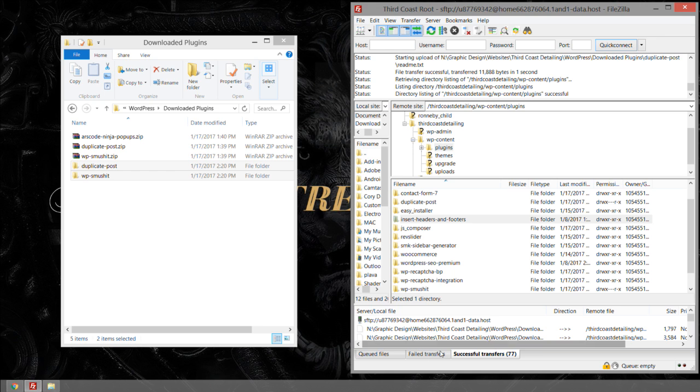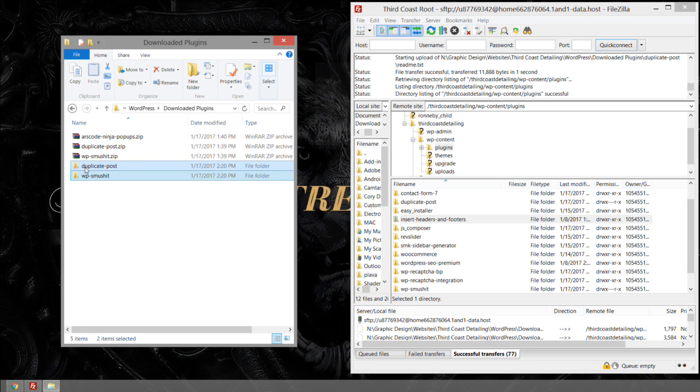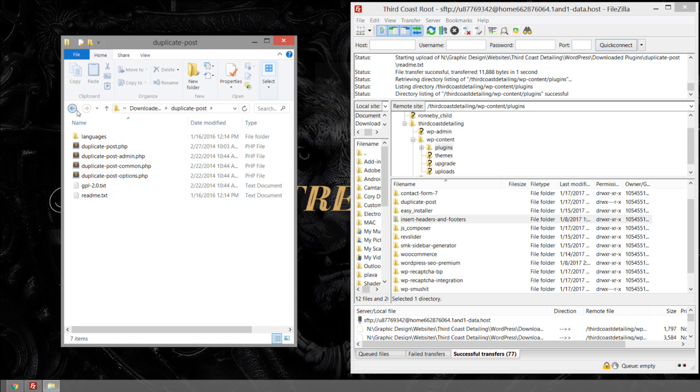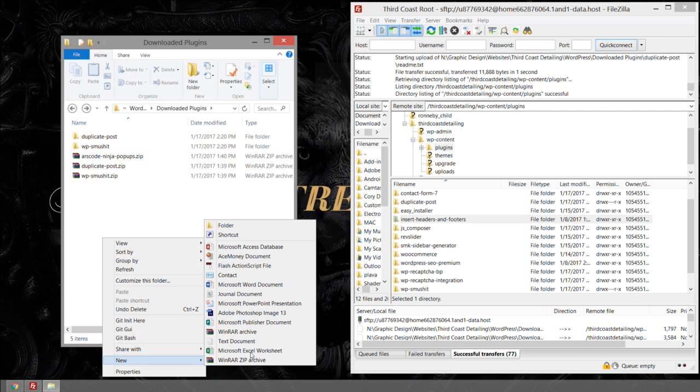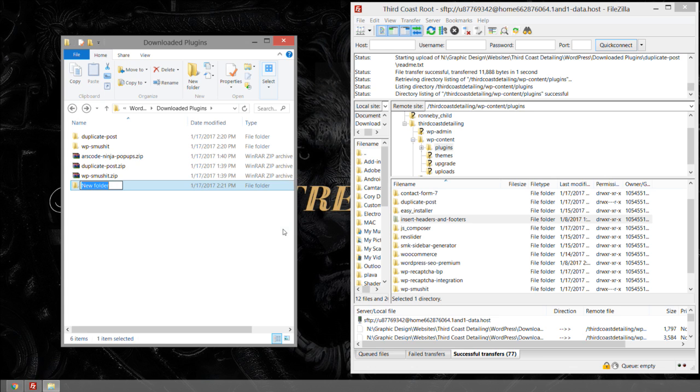So now that our two plugin folders are uploaded, let me open these and make sure that they are indeed the plugin folders. And they are. Because in some cases, let me show you an example of what you don't want to do. Let's say you have JS Composer as a plugin